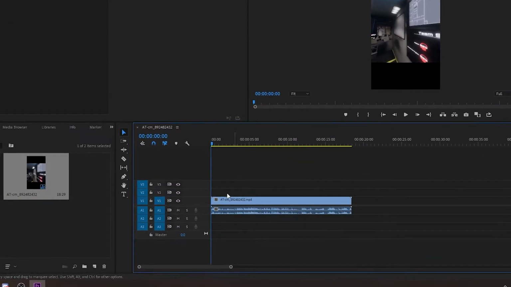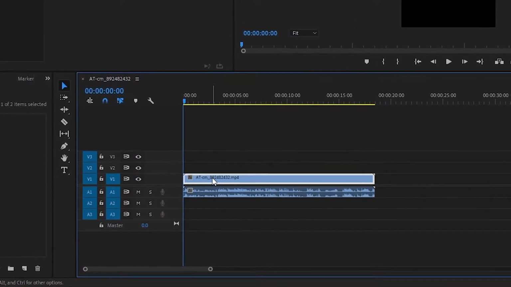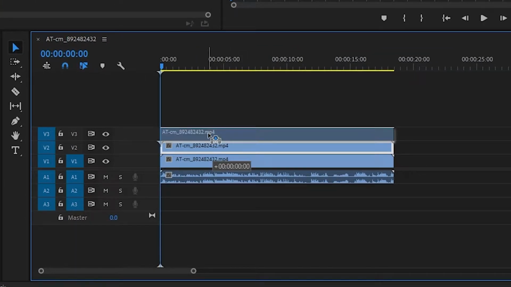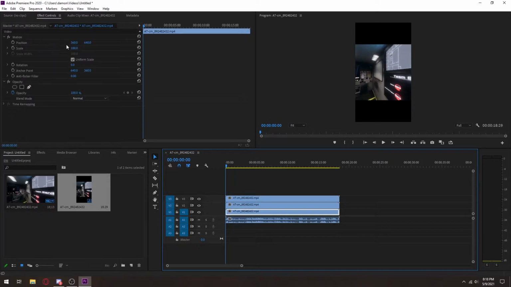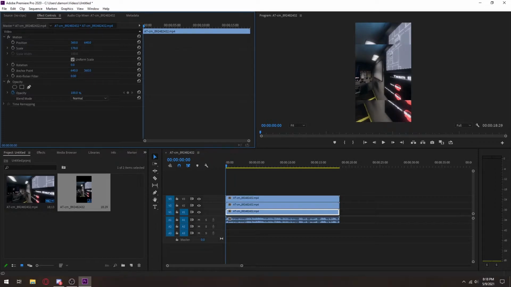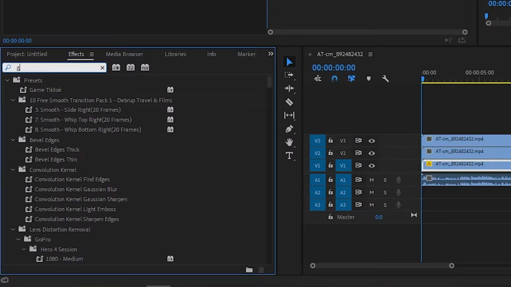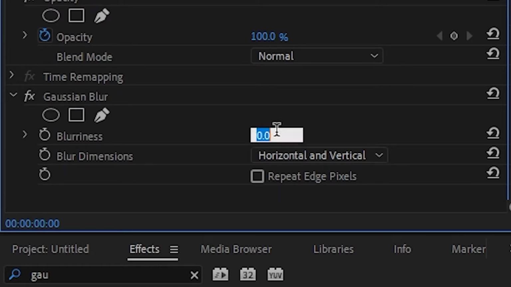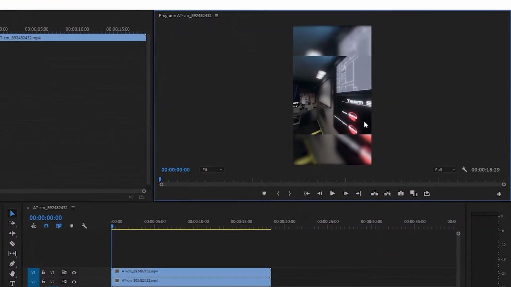The next thing you want to do is hold down left alt and left click and drag this up, and then it will duplicate the layer, and then you're just going to repeat that. Once you have 3 video files, for the first video, all you want to do is scale the image up to fill the whole screen like that, and then click on effects and search up Gaussian blur, and it should pop up right here, and then you just add it to the clip. It's really your preference, but for me, I just add 30. So now your background should look like this.